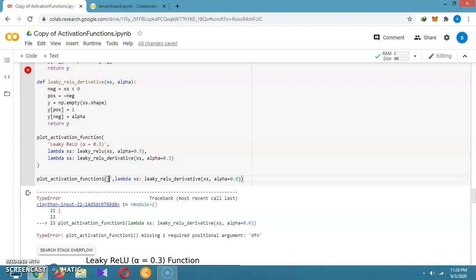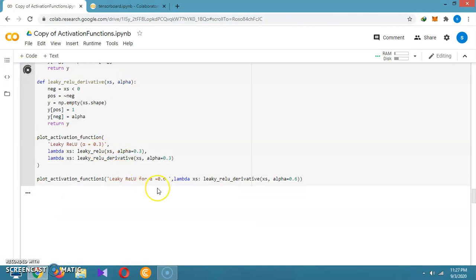For running this code, we have to pass the two arguments. The first is the name of the graph, so we are giving the name Leaky ReLU for alpha equal to 0.6, which I am just putting for that.